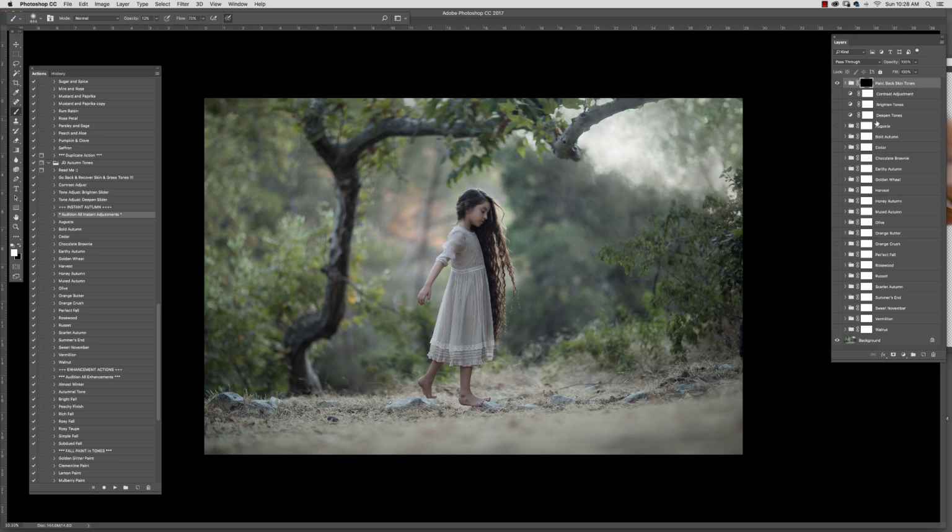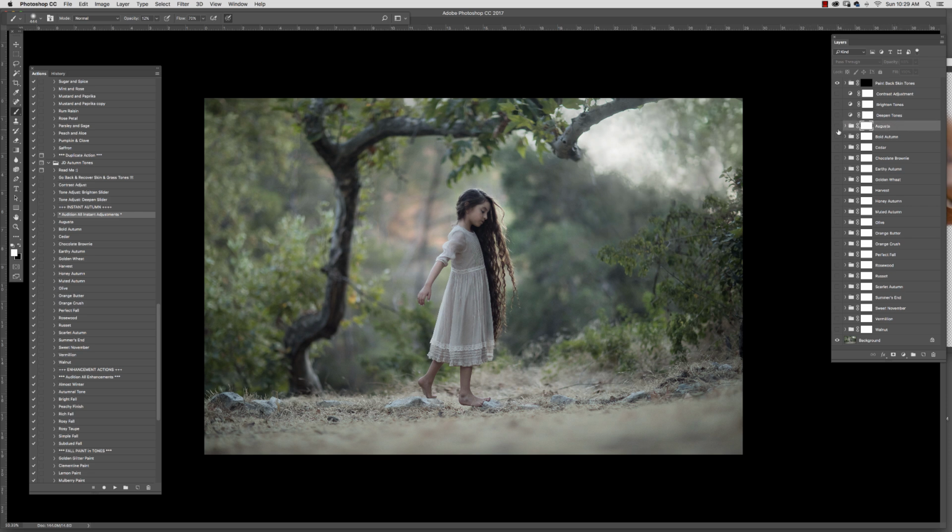So here's my image, and I'm going to start by showing you what it looks like after you've run the audition. We have some very simple little actions here like contrast adjustment, and we would just increase that. It's set to a default of, I believe, about 15%, so I'll put it back there. Brighten tones, same situation. You would just add to the opacity if you wanted to get things brighter. Bring it back. And same thing with deepen tones. You would just increase the opacity to deepen your tones here. I'm going to leave those turned off, and I'm going to get to the real meat of the product,